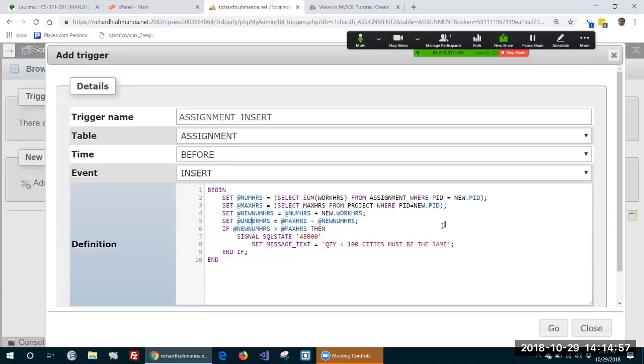So under hours equals max hours minus new num hours. If under hours is less than 0, then bam,